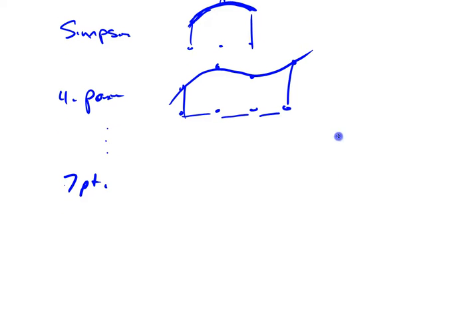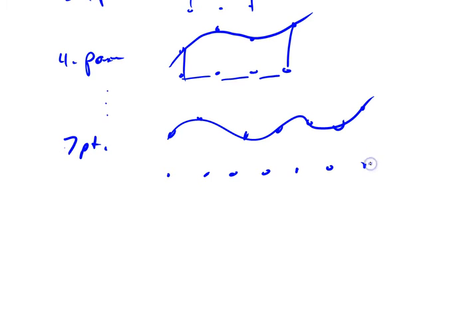When you got these 1, 2, 3, 4, 5, 6, 7 points, you've got this approximating 6th degree polynomial. The area is approximately